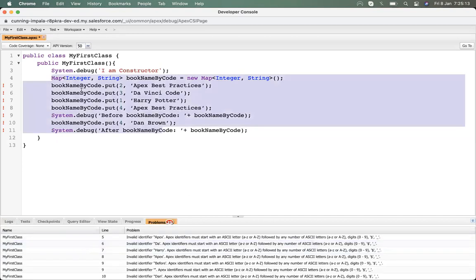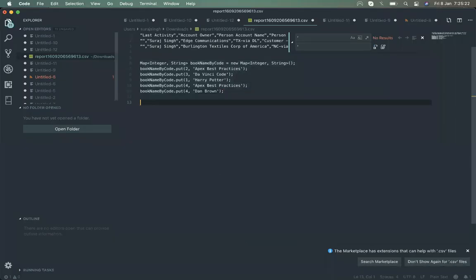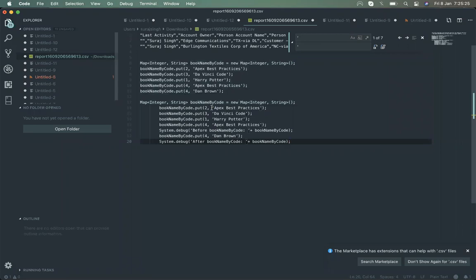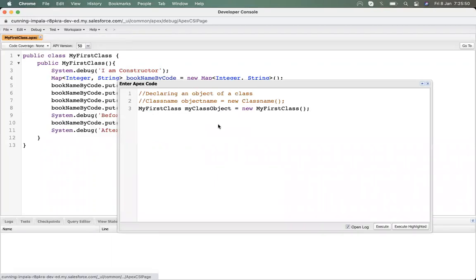Sorry, whenever you copy it from here, it causes an issue. Let me first convert the text, then copy it. Now I hit Control S for saving the class. Yeah, I saved it.